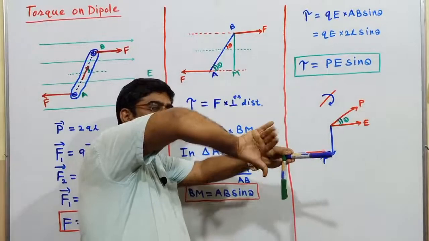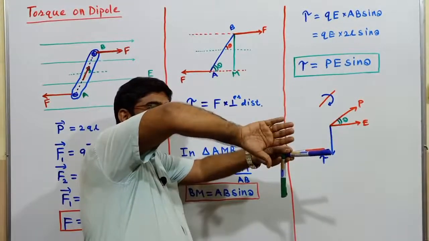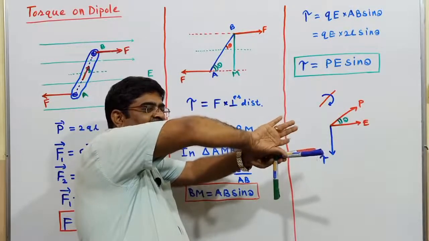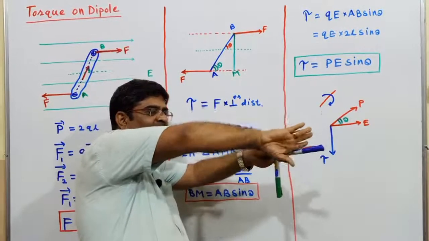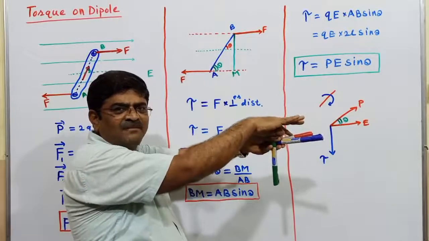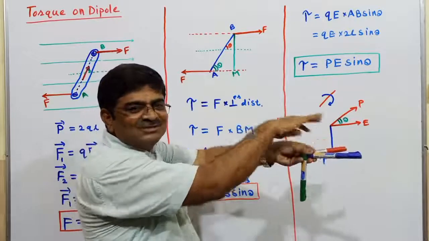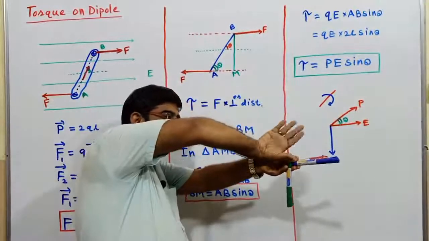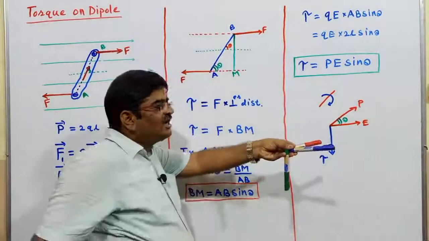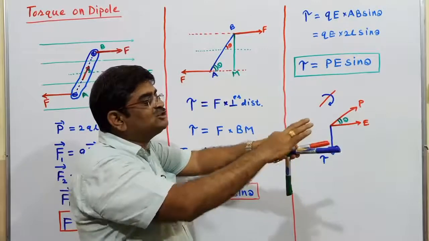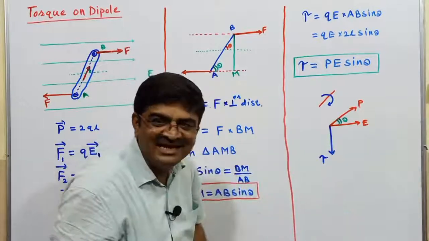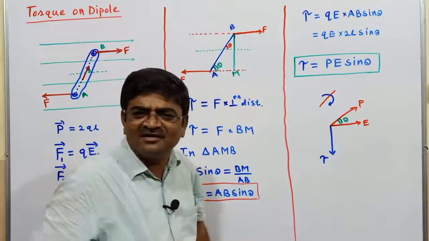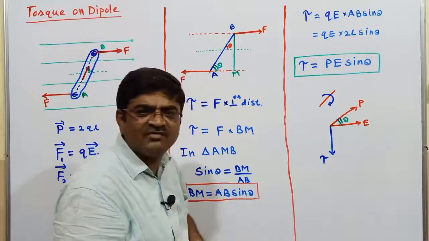Then look at the curling that I have got. The curling of my fingers is in this way. See how it is directed. Curling is directed from here to here. I am using the red pen for P. This is P, this is E. So when I see the curling of my fingers, I can very easily see that I should go from P to E. That's enough for me to write the given equation in vector form.